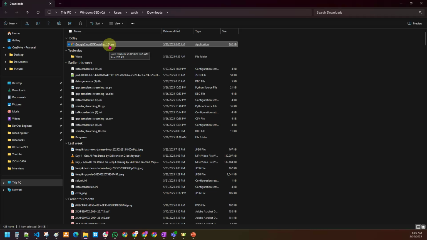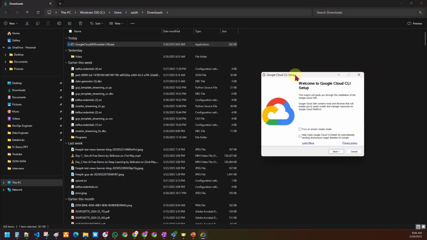Once the SDK is downloaded, you already know how to install. You double click on it so that this page opens. Welcome to the Google Cloud CLI setup.